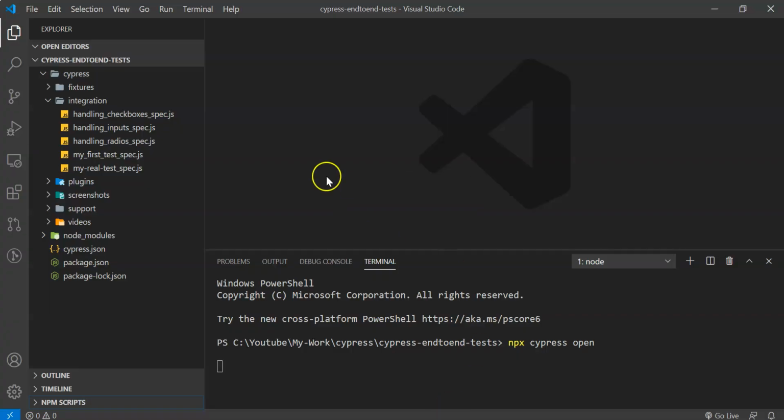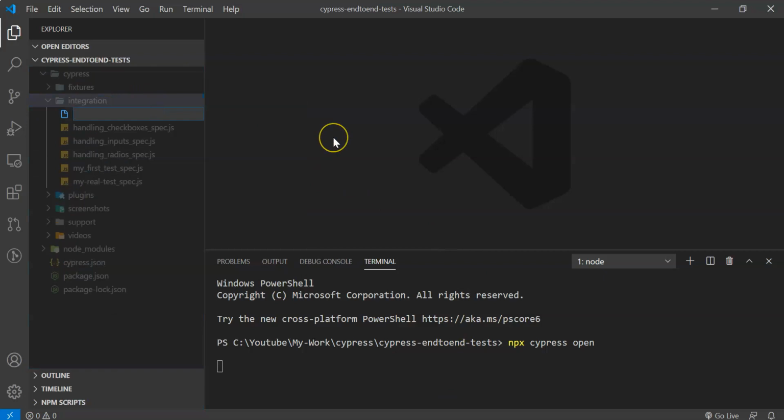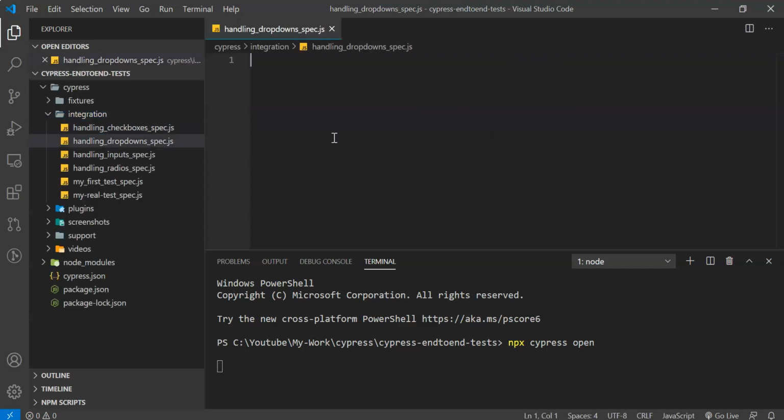So for that, as usual, in the integration folder we need to create a class file which is handling drop downs, spec.js, and again to get the IntelliSense I'm using a reference types is equal to Cypress.